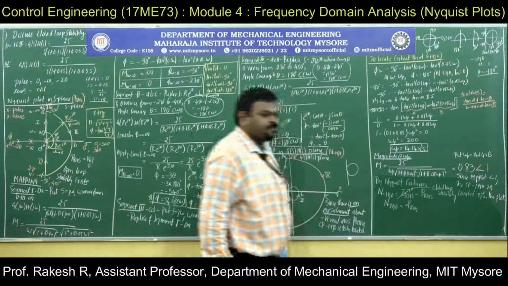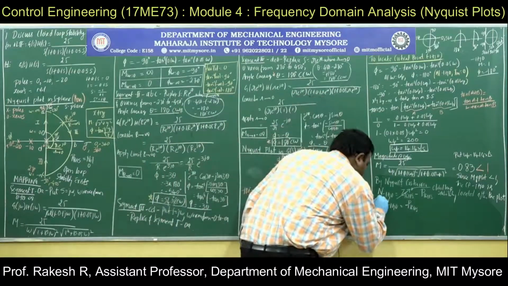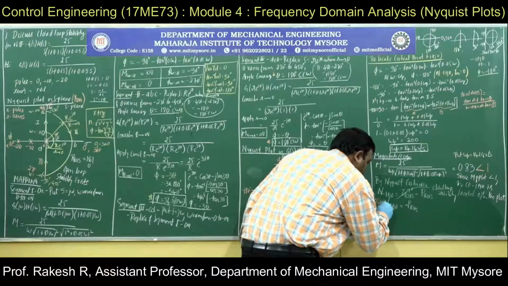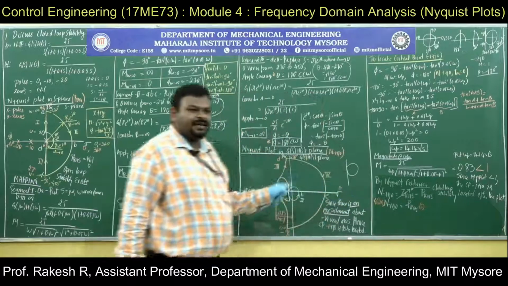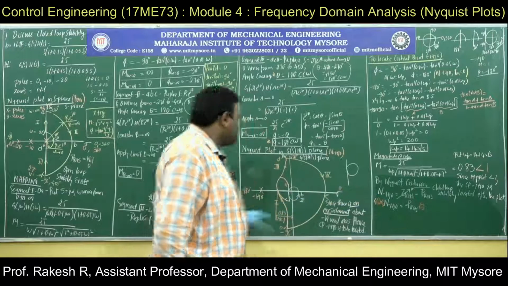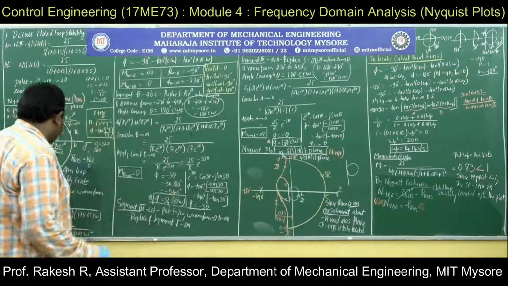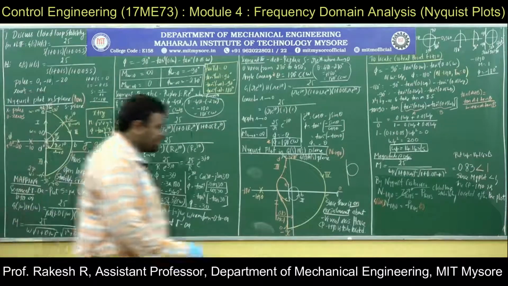Where did you get N minus 1 plus j0? It is in the G of S, H of S plane. Where did you get P RHS? In the S plane. So Nyquist plot in the S plane, Nyquist plot in the G of S, H of S plane. Got it? What is P RHS? This concept: P RHS is nil. Nil is nothing but 0.